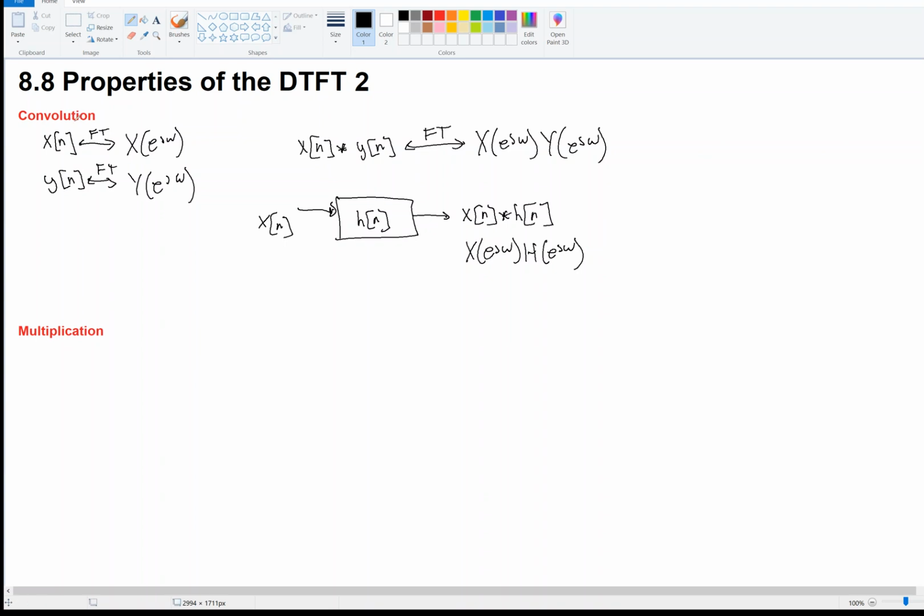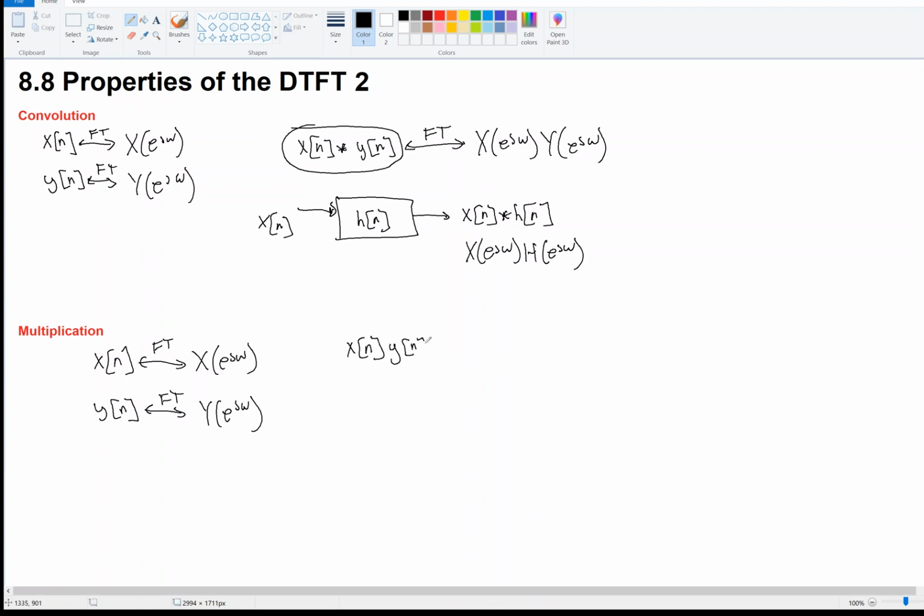And I just want to point out, convolution property, because in time we're convolving. So the name of the property is what you're doing in time, which is convolving. Okay, so then, not to be outdone, is the multiplication property. And the multiplication property says this: suppose that x of n has Fourier transform capital X and y of n has Fourier transform capital Y, then the Fourier transform of the multiplication of those two signals